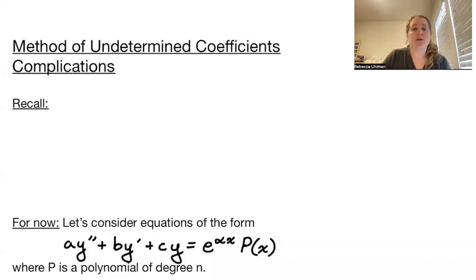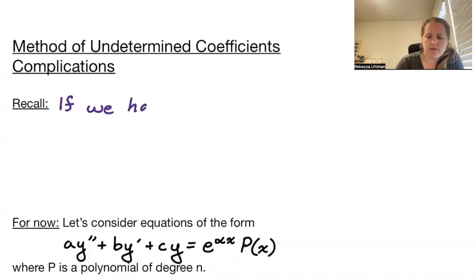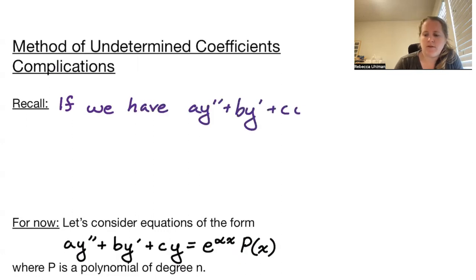Welcome to the method of undetermined coefficients complications. So recall, if we have an equation ay double prime plus by prime plus cy equals f of x, and the method of undetermined coefficients